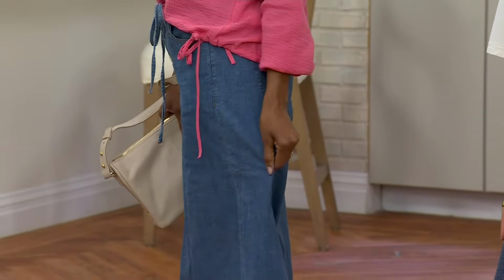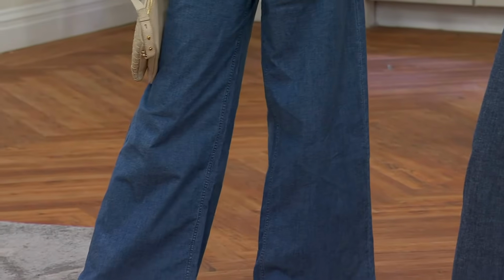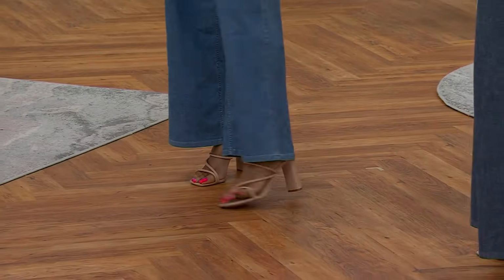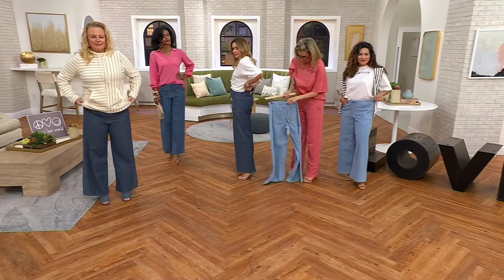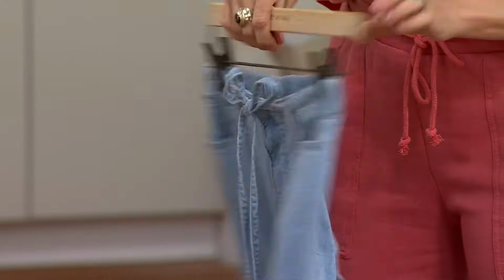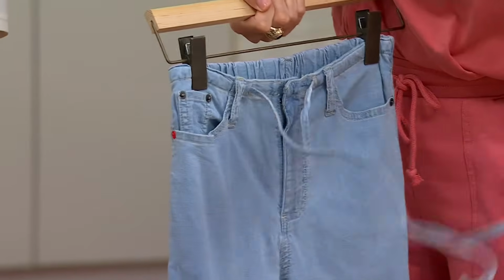Okay, so I have some updates on colors, but I also want to remind you that there is a ton of elastic around the back of the jeans. So it's gathered and it's stretchy. And you also get that stretch in front, right? So just so we're all clear, this is what the back looks like. It's really comfy. And then around front, you also get stretch, yet with the draw cord, there is still a fully fashioned